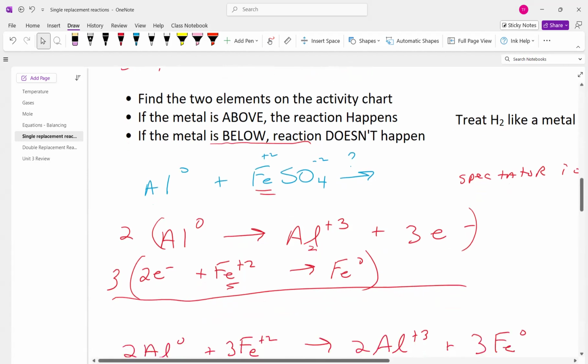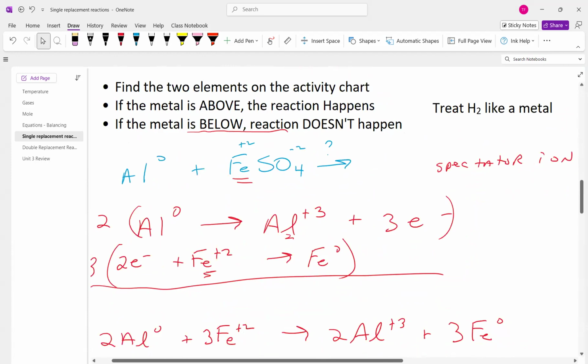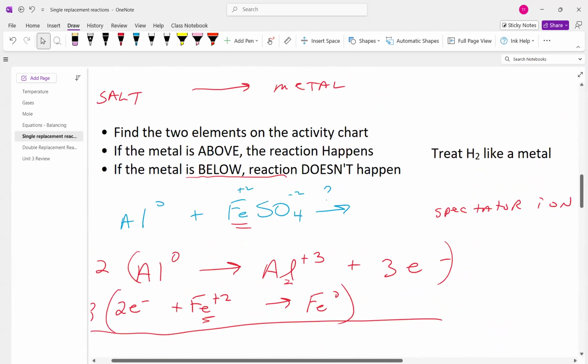Okay, so we look at this reaction here. We have aluminum, metal, notice the 0, or we can have an S there, plus iron 2 sulfate. Is that going to happen? Well, first thing we need to do is figure out what the reaction is first. So in other words,